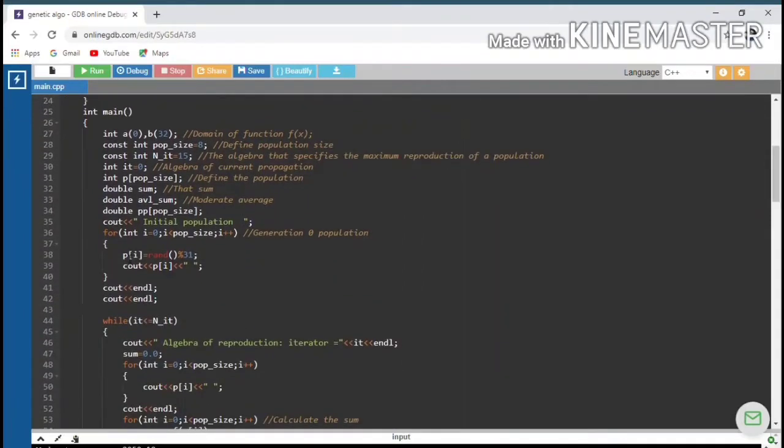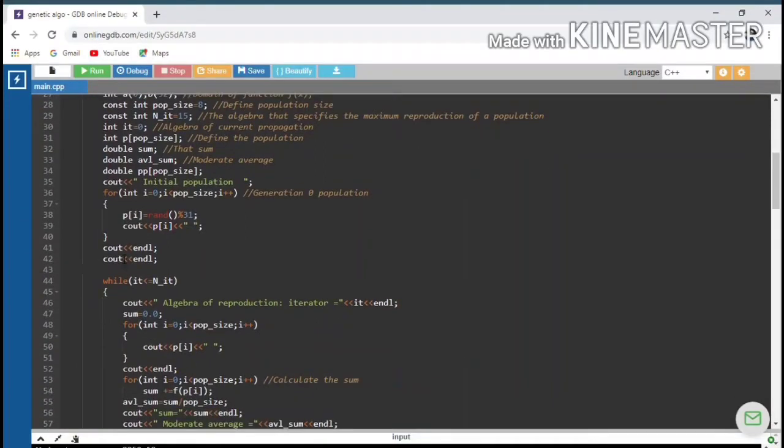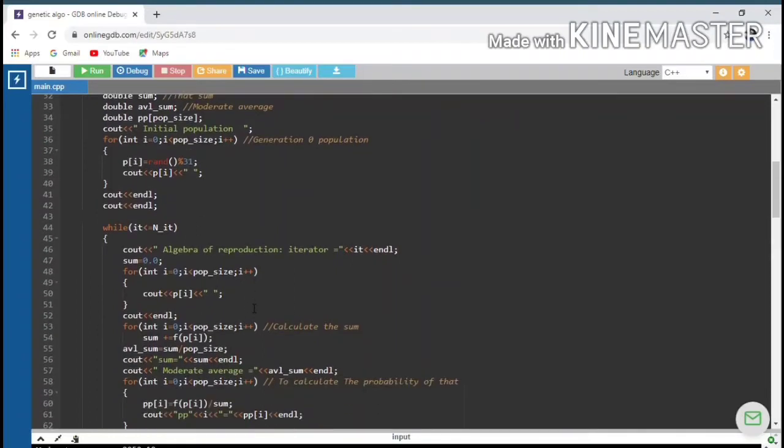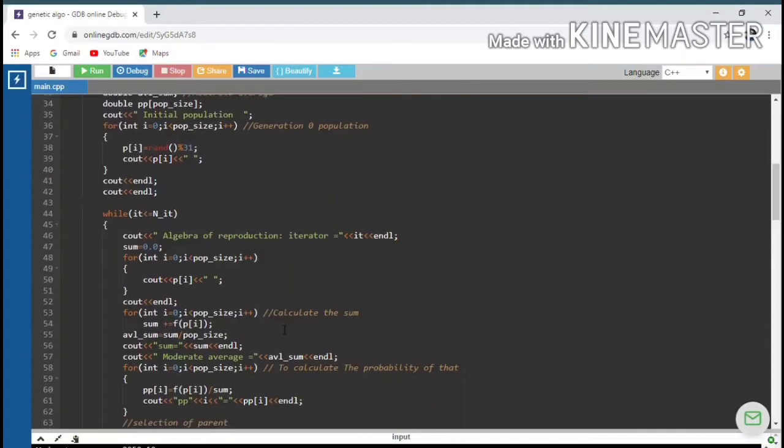After generating chromosomes using a random function, we are going to select the fittest among these chromosomes. The fittest are selected on the basis of their probability, using the roulette-wheel algorithm. There are many methods of selection, but we are using the roulette-wheel algorithm. In the roulette-wheel algorithm, the fittest chromosomes are selected on the basis of their percentage or probability.